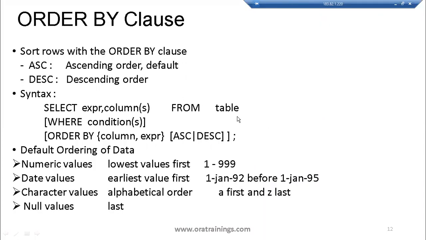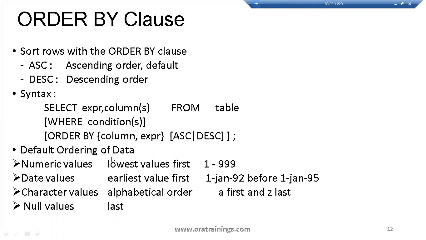Now coming to the last topic of the session, the ORDER BY clause. This is again a very important thing. Whenever you're retrieving data, we have to understand in which order you want to retrieve it. By default, when you write a select query, only SELECT and FROM are mandatory. The remaining clauses are not mandatory, but we generally apply them based on the requirement. In the ORDER BY clause, you have to mention either a column or an expression. You can mention either ascending or descending order. By default, ascending is applied.